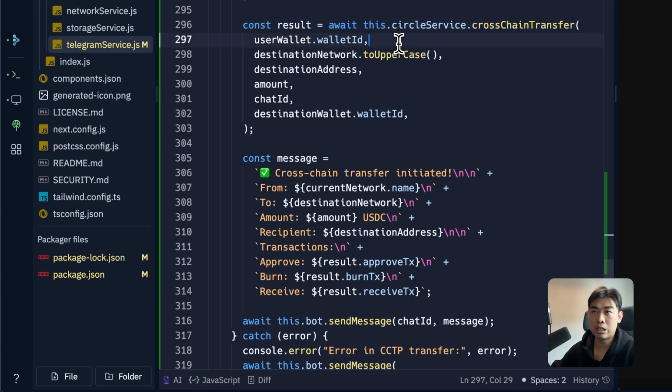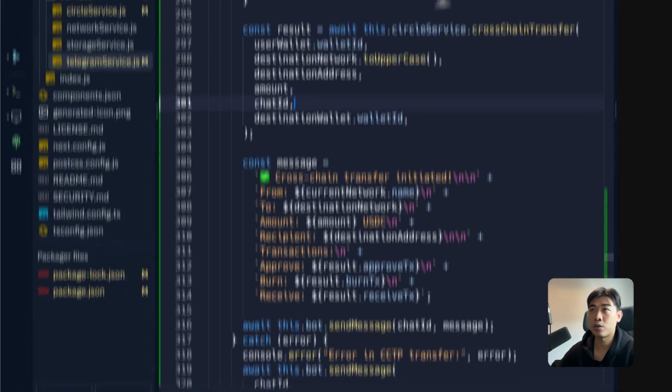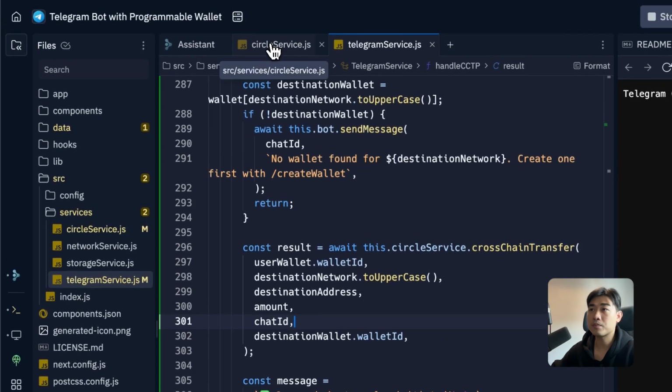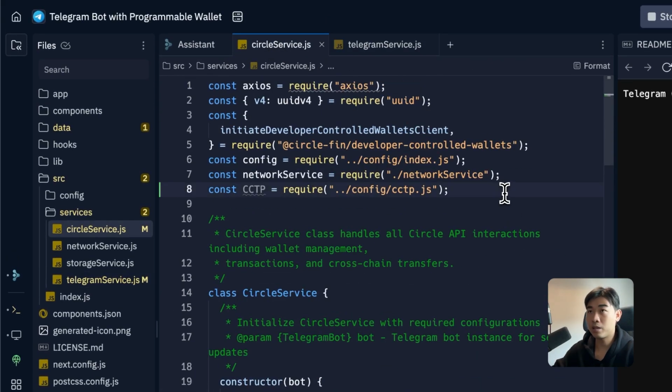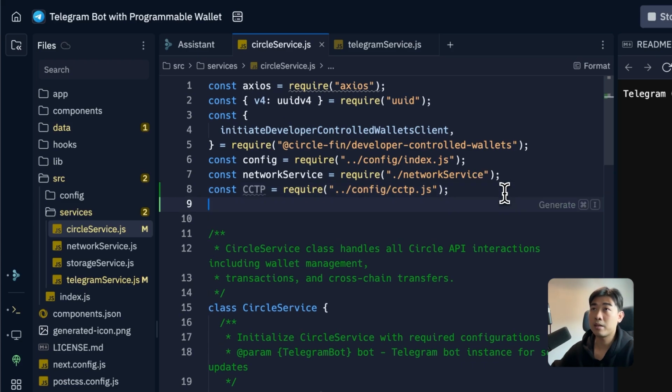We need Alice's wallet ID, Bob's wallet ID, Bob's destination address and the network, the amount, and the chat ID. So let's pass all these variables and go back to the Circle service to create that function. We do need to import something here before we continue. In the Circle service, we need to import